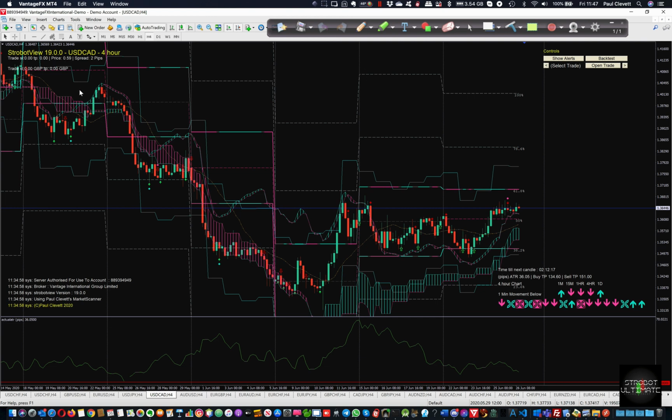Shorts all the way down this trend. Short there, short there, short there, short there. Of course, you'd probably be in this short and holding it rather than taking these two shorts. Short here, little short here. Okay, because the ATR is 36 pips, we know we're probably going to get our 23 pips,